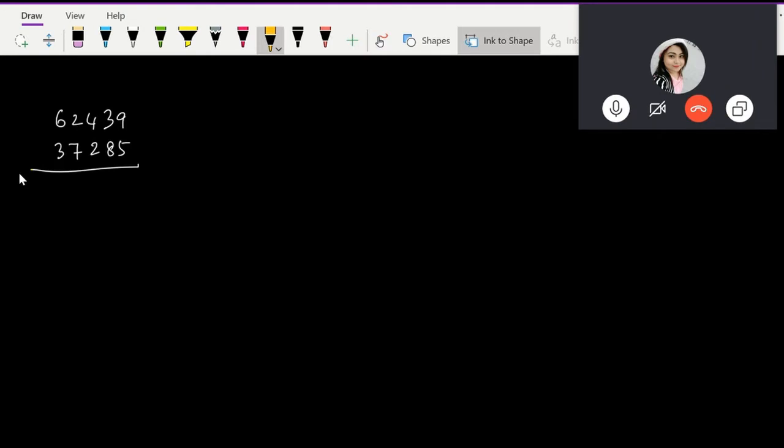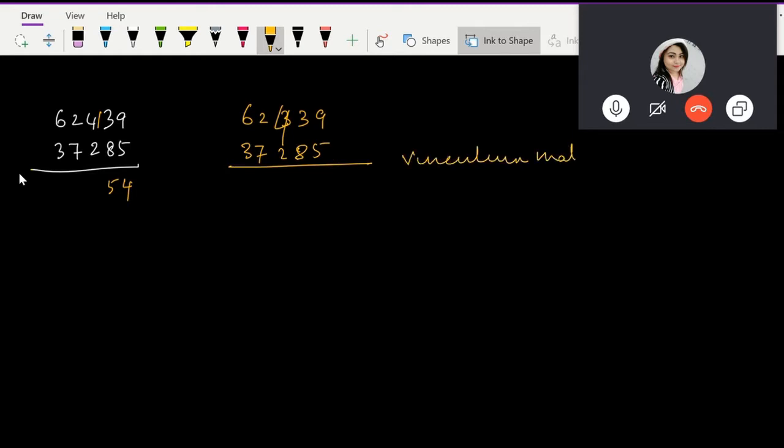Okay, so coming back to this, if we do this in the normal way, 9 minus 5 is 4, and then 3 minus 8 means I have to take a 1 here and do a 5 here, and so on, right? So that takes a lot of time. So what we do is this: 62439, 37285. What I did is called vinculum maths, and this is very effective, especially when dealing with large numbers,